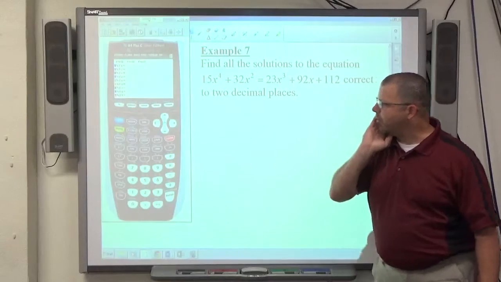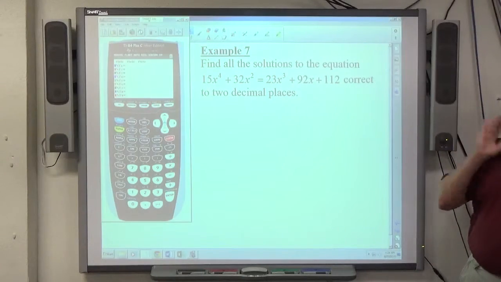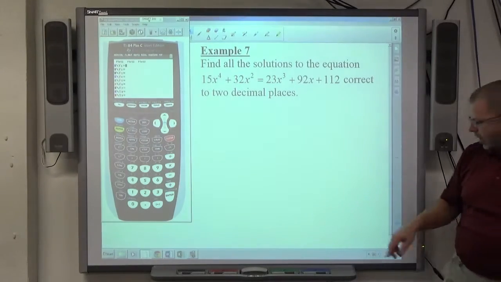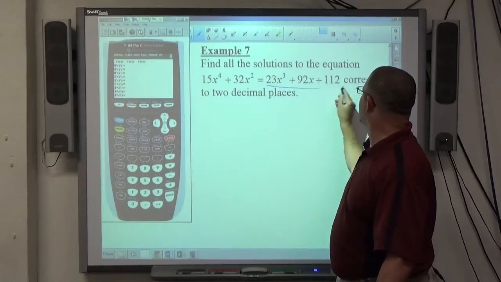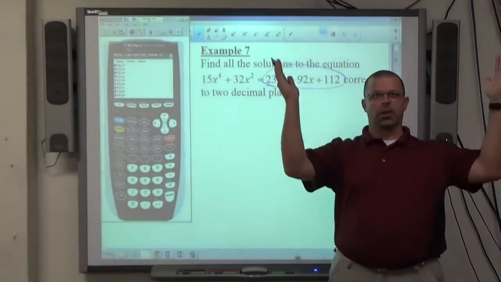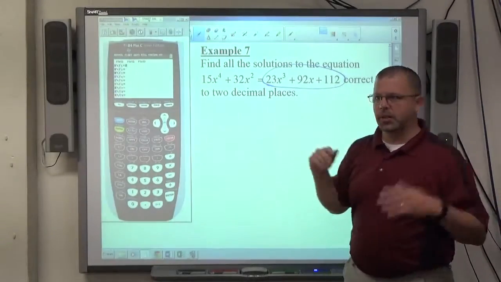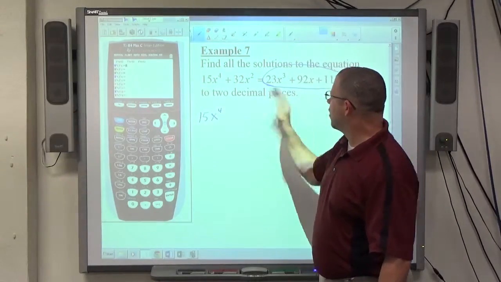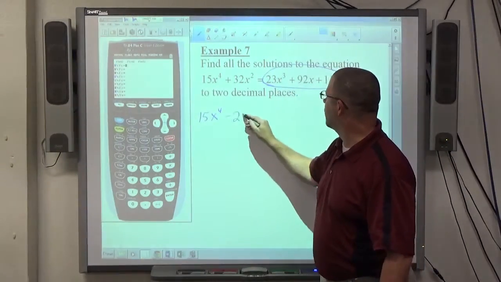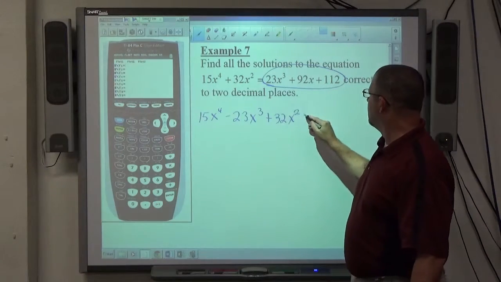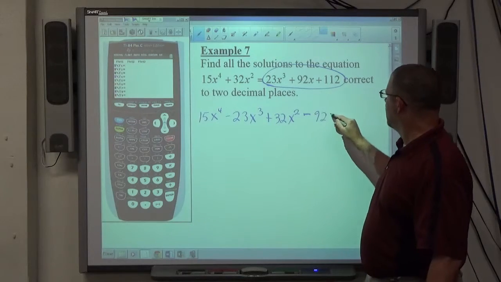What's wrong with the equation to begin with? It doesn't equal 0. So do we want to move everything left or everything right? Left. Okay, I'll go with the first person who spoke, so it doesn't matter. The only difference is one's going to go like this, one's going to go like that, so they cross 0 at the same spot. So 15x to the fourth, and I'm going to go descending order, so minus 23x cubed plus 32x squared minus 92x minus